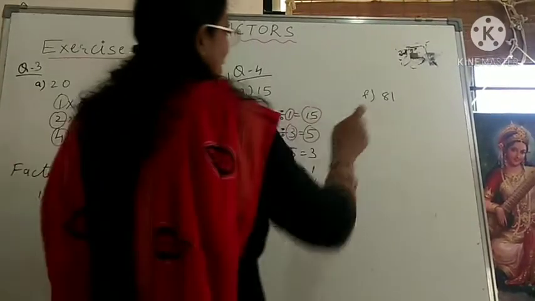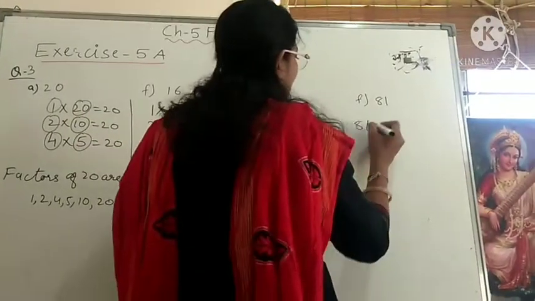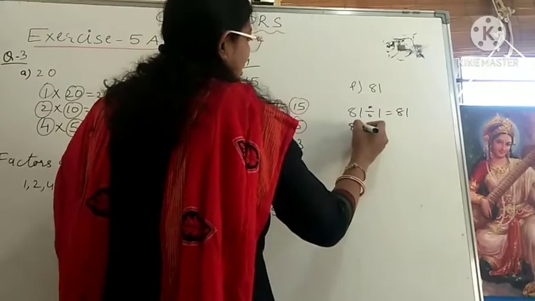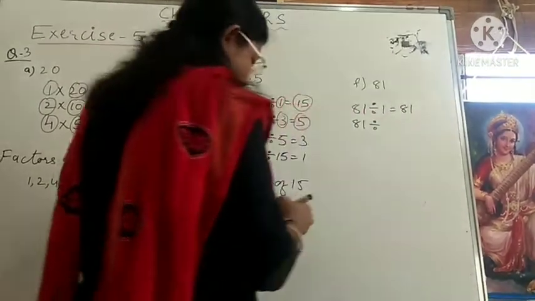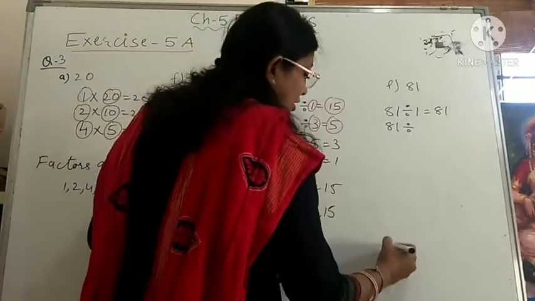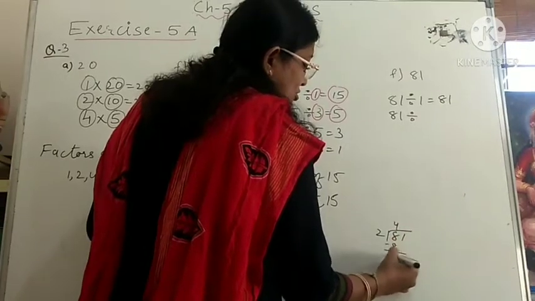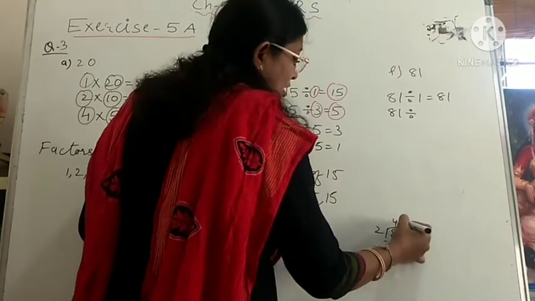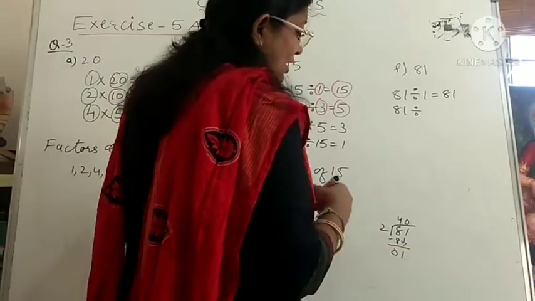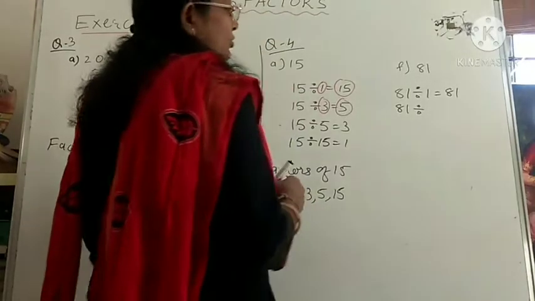Okay. Now next is number 81. 81 divided by 1 is equal to 81. 81 divided by 2 is not possible because 81 is not coming in the 2's table. If you want, you can do it in rough: 81 divided by 2, 2 4s are 8, subtract, 0, and 1 will come down. Here if you keep 0, then also it will remain 1 because nothing is there behind. Okay. So this is not possible, so we will not do 2's.